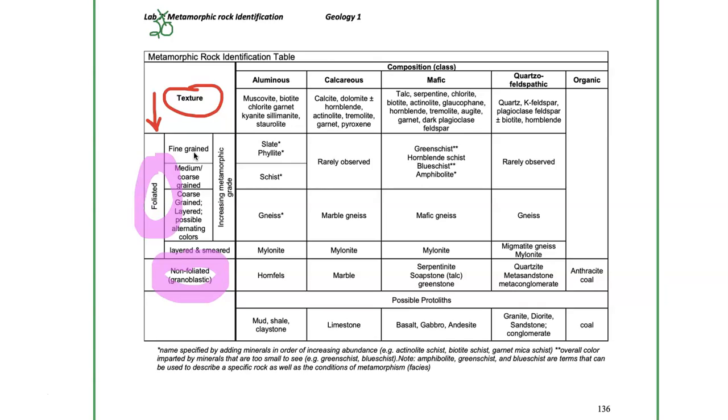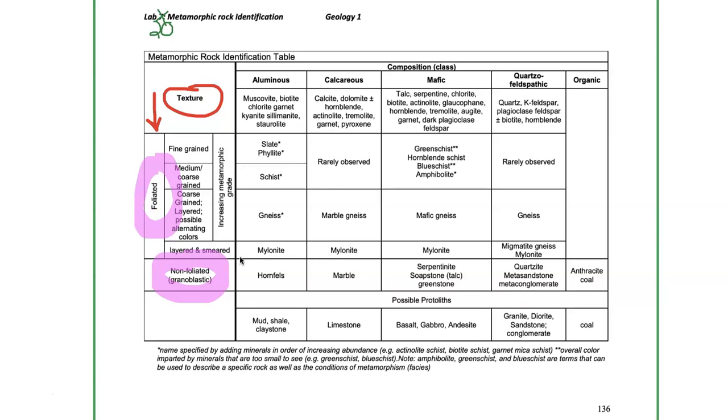except that we can see that there's a slaty type of cleavage or a very flat type of orientation of the minerals, and slate and phyllite are examples of that. When we get to a medium or coarse-grained type of foliation, we get into rocks that are known as schists. As we get to an even coarser grain type of foliation, we get into something called a gneiss. Here we usually have very distinct alterations of felsic and mafic bands. If we get as far up into a mylonite, then we get to maybe even smeared layers where melting was